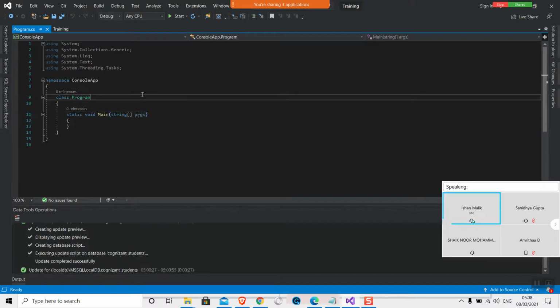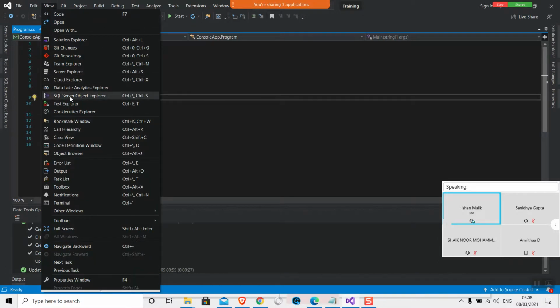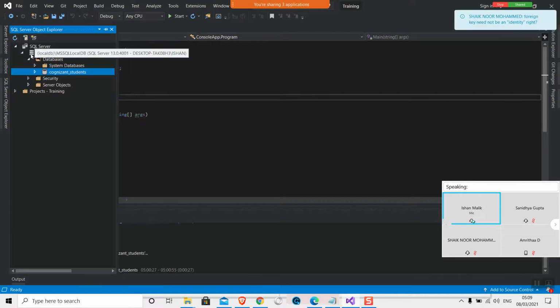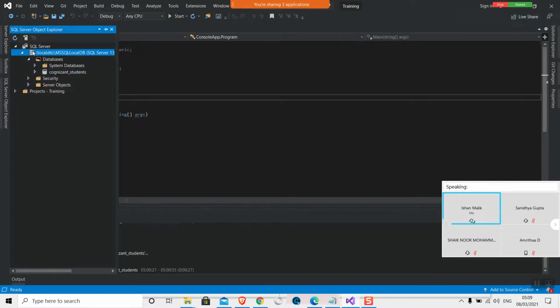After opening Visual Studio, go to the SQL Server Object Explorer. You will find it in the View menu. Find your SQL Server, and inside that you have a default Windows server with some database options.